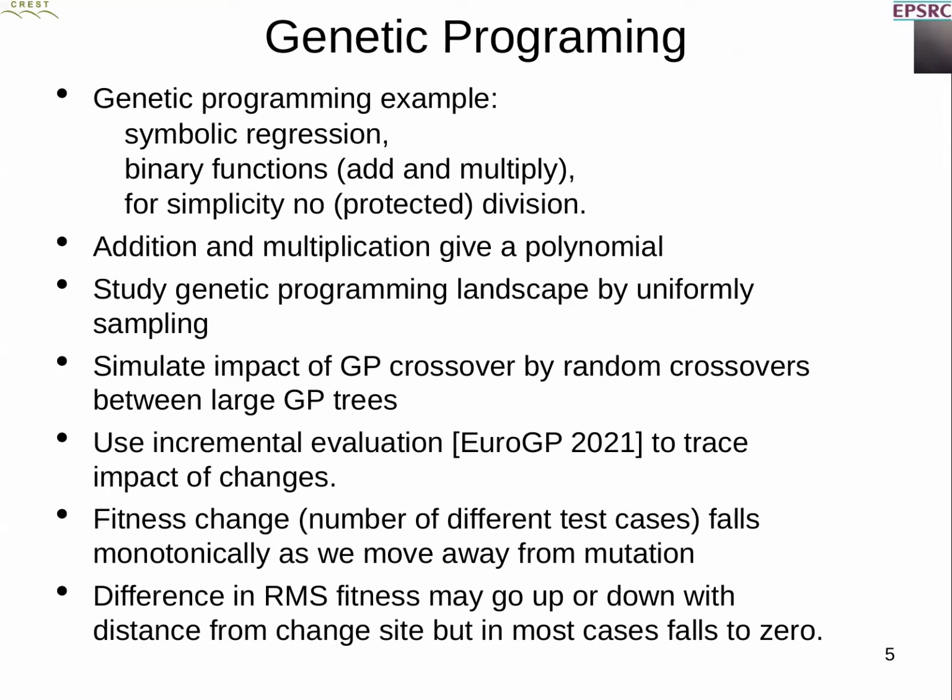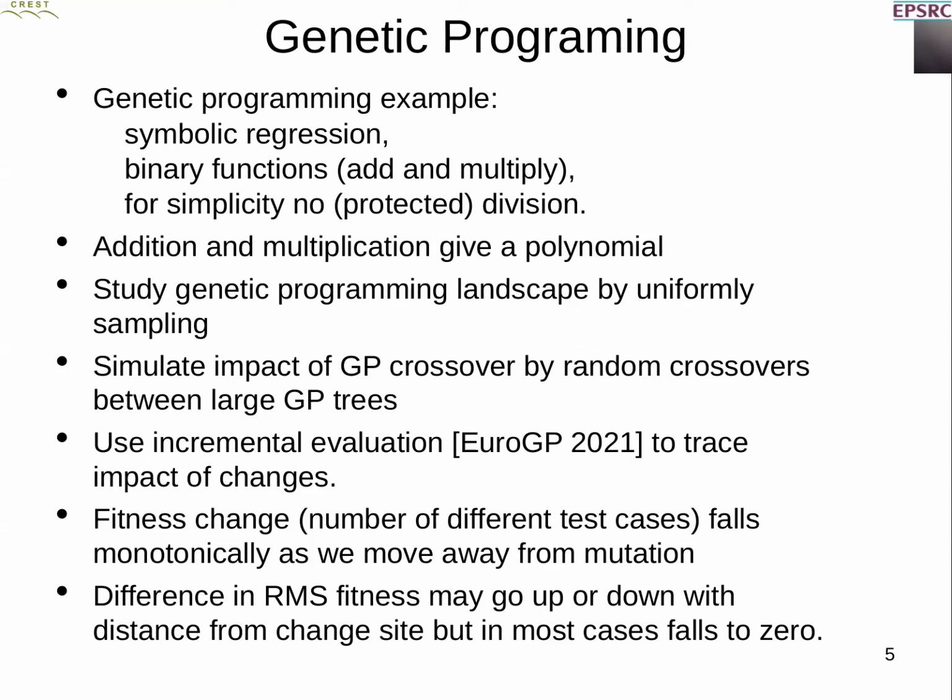So instead of allowing the GP to evolve, what we're going to do is study its landscape by sampling from the available programming trees. And in particular, what we're interested in is, do crossovers make changes to the fitness of the trees? So what we're particularly interested in is not the fitness of the trees themselves, but the change in fitness caused by